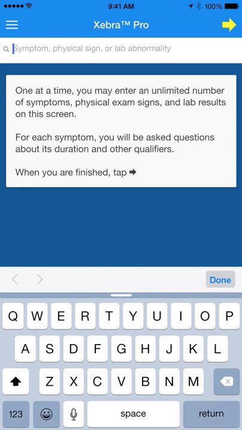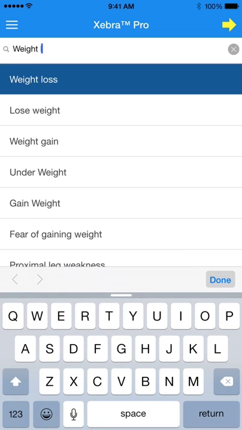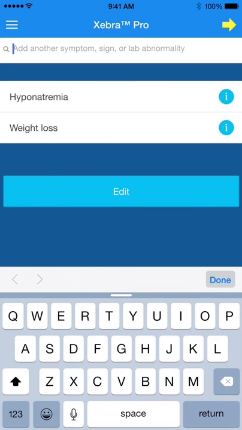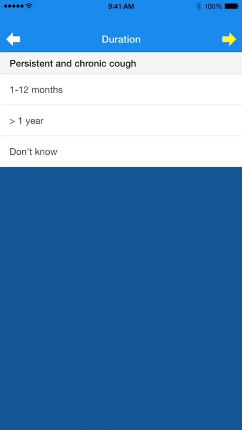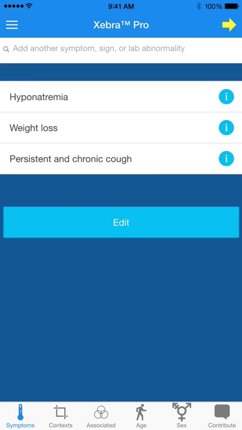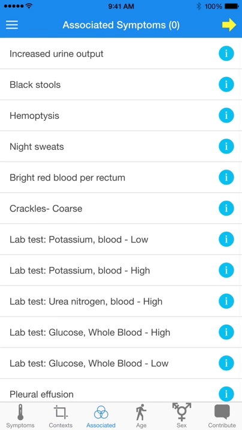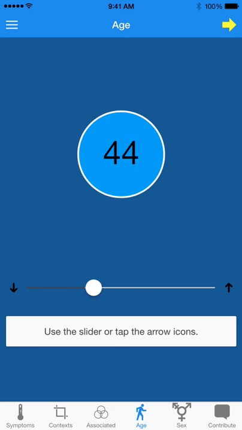So let us go back and see it for multiple symptoms or signs or labs. Let's see hyponatremia. Weight loss and cough, persistent cough. Now you can see that there is no flow chart for this combination. We need a hypothesis to be generated initially and then look for further clues. Click next, asking for certain contexts, certain associated symptoms, age,